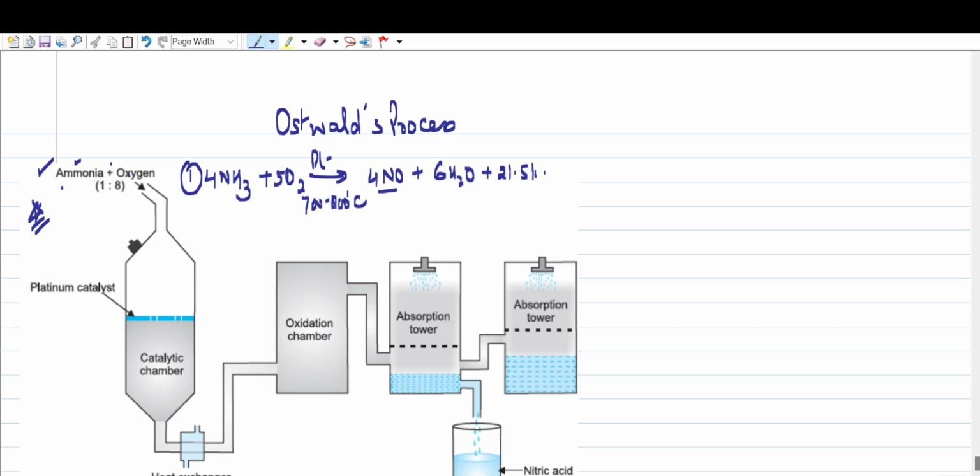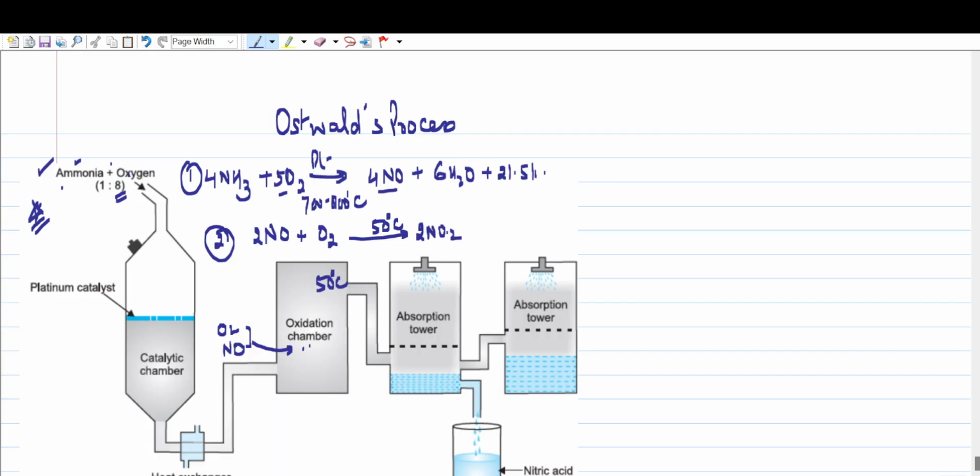Now second is the oxidation chamber, where this nitric oxide that is formed is treated with oxygen, because we took oxygen 8 times. So along with nitric oxide, oxygen is also there. These two gases enter the oxidation chamber and here the temperature is 50 degrees centigrade. So in the second step, nitric oxide plus oxygen at 50 degrees centigrade will form reddish brown nitrogen